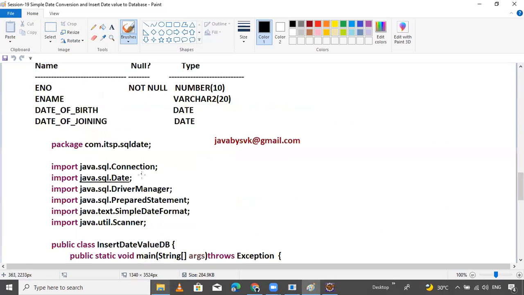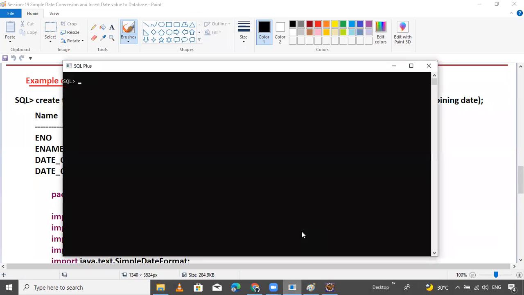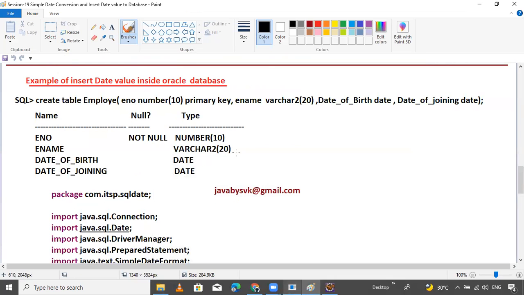So now this is our table. The table name is employee. Okay, let's see. Select star from employee. Now one record is there. What is that? Radhika is there. So I want to retrieve Radhika.